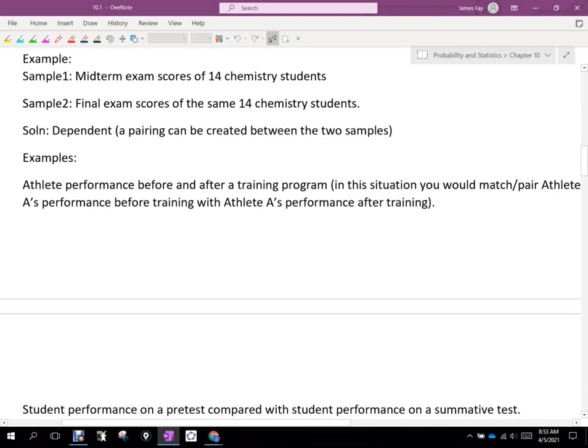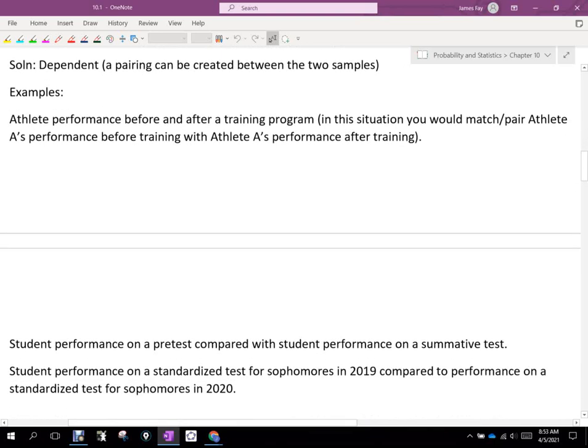Here's the athlete's performance before and after a training program. I like to look at when I do weightlifting with baseball players, back when I did it with football players, I would take the data and I would see, okay, we got stronger, but is it a significant strength increase? And we could do the hypothesis testing on the data to see whether the program that we instituted was impactful. Okay. So in that situation, you would have dependent